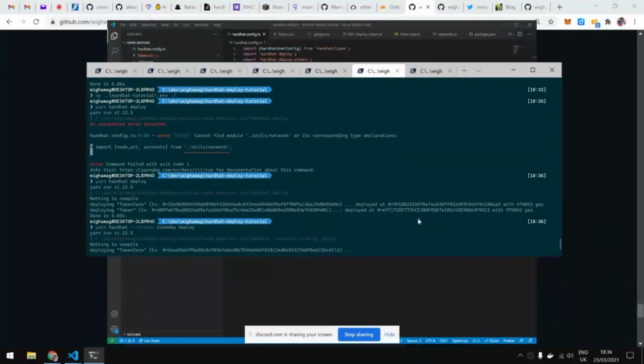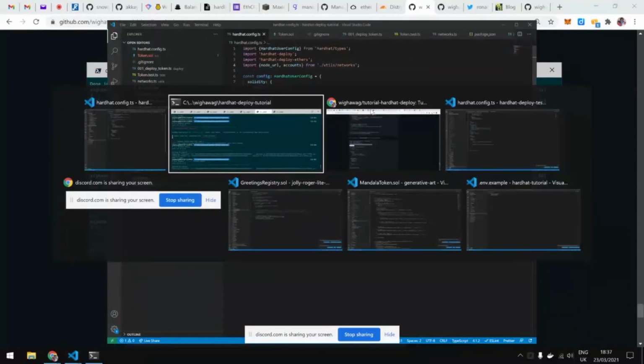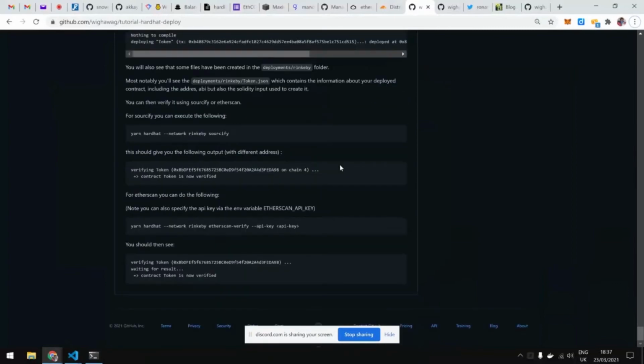As time is flying, I hopefully have time to showcase a bit of the other things. Yeah, it should not take too long. But I think that covers most of the basics of getting started with hardhat-deploy. Except hardhat-deploy also contains all the information about the deployment, so it was easy to add a verification of the contract, and you can execute it at any time.